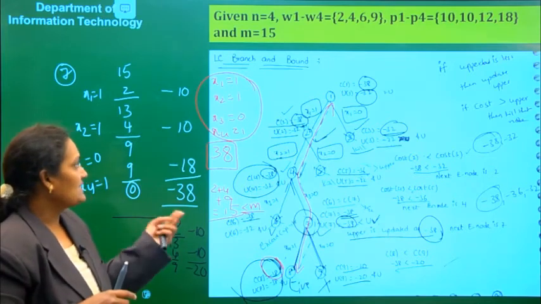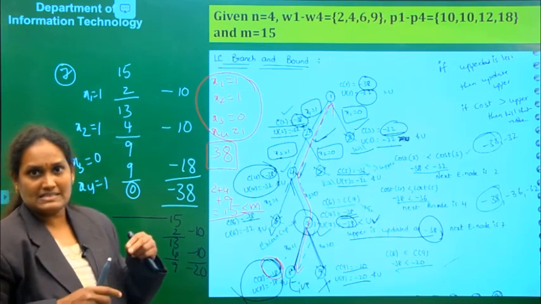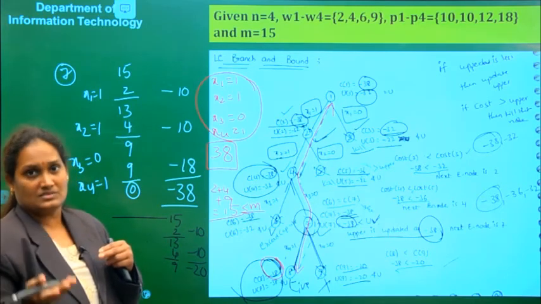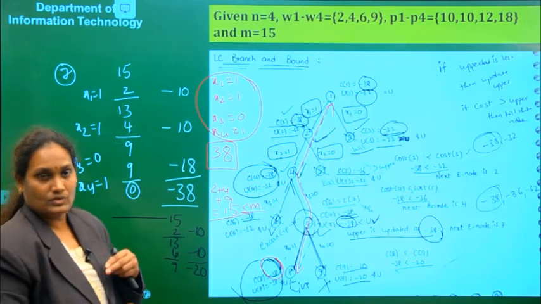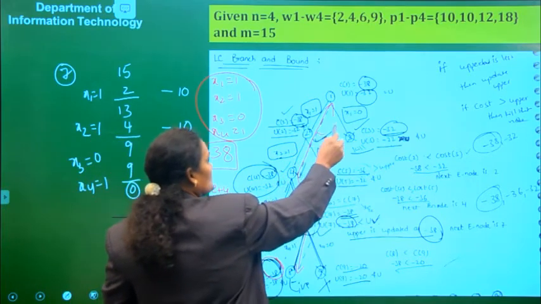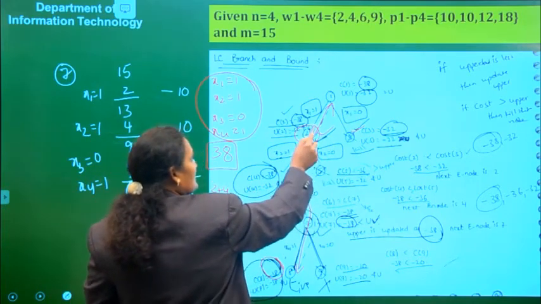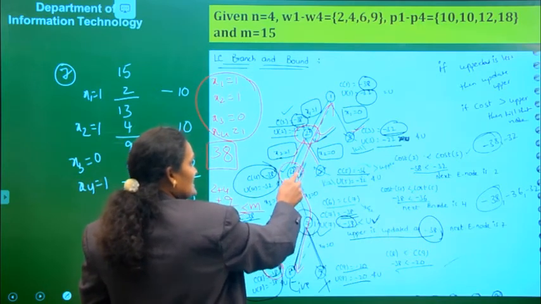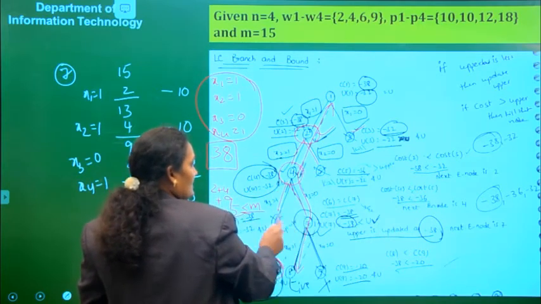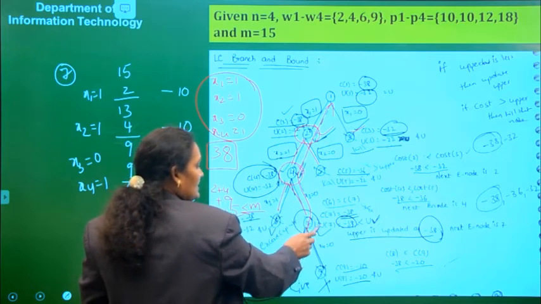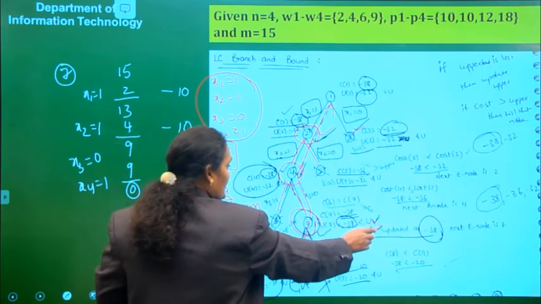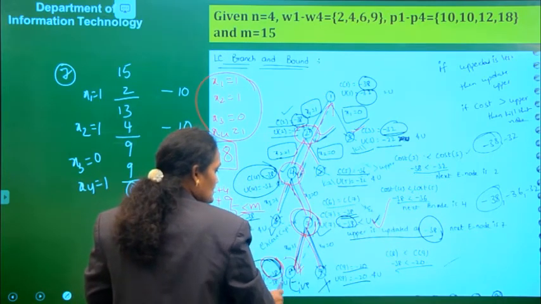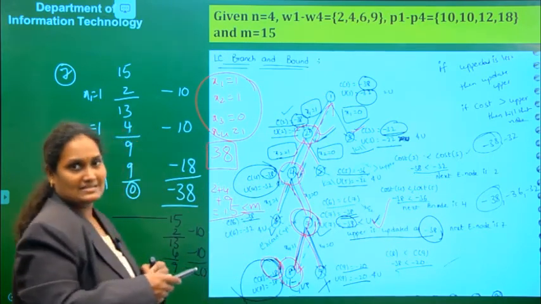Why we are calling this method the least cost method means every time we consider which node returns the least cost value, that becomes the live node. Now here we compared these two. Since this gives least cost, we expanded this one. We compared these two and considered this one, since here the updated value is there. Now out of these two, since this gives least cost, we considered this as the live node.